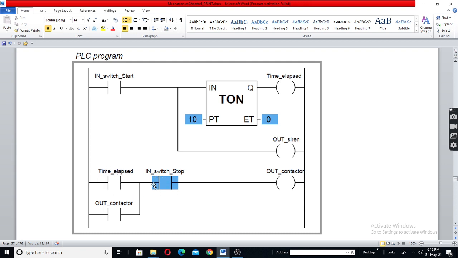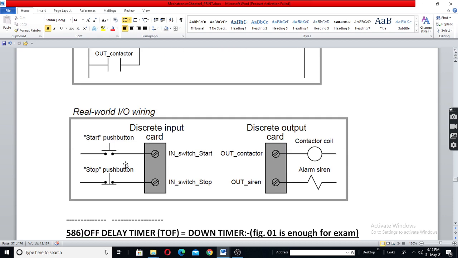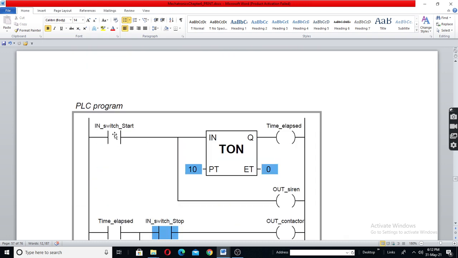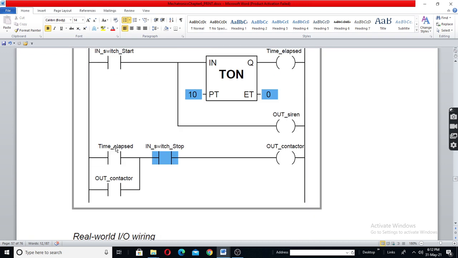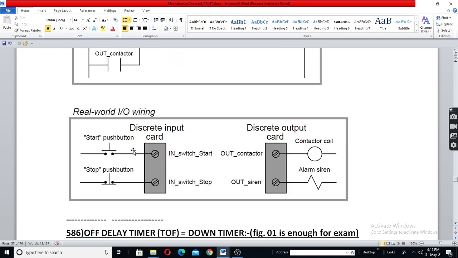Now the stop push button is normally closed, so this will be on. It is like this: start push button, stop push button.